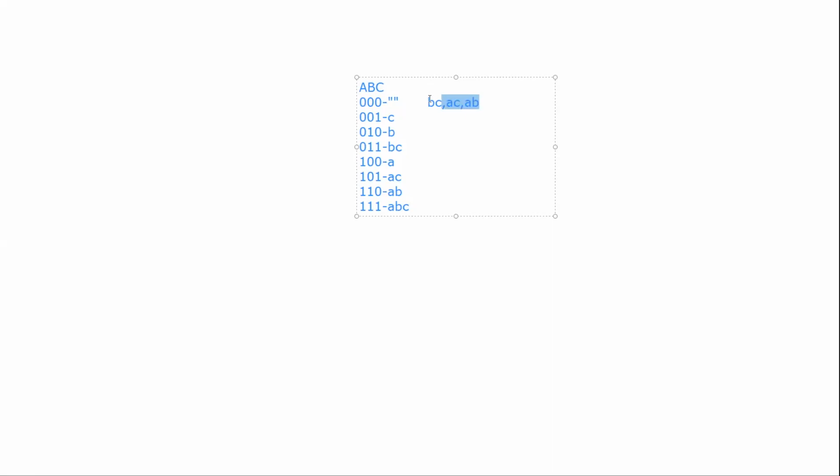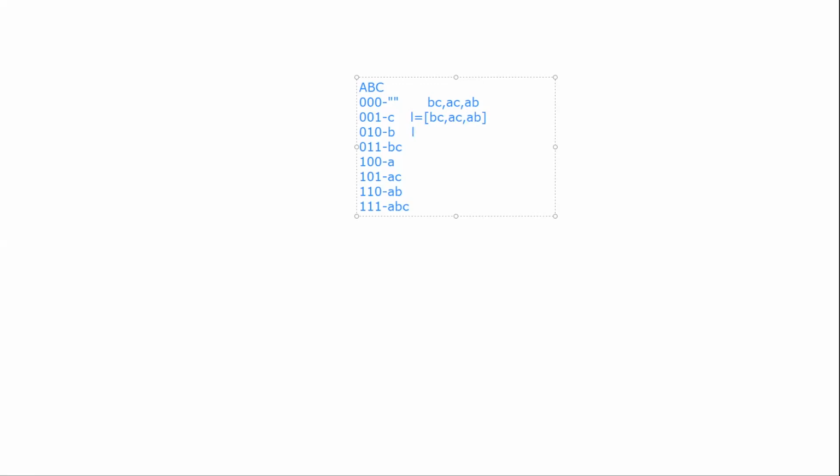Before explaining, I want to explain one thing. After extracting all these substrings, I will store all these values into a list. That is, let's say L is equal to list of BC, AC, AB. But they have given a condition that all the values should be in lexicographical order.